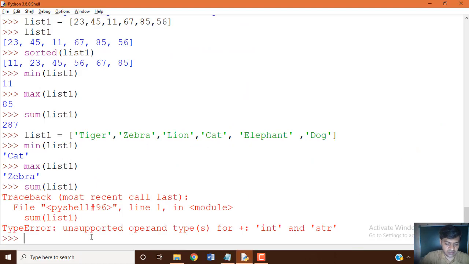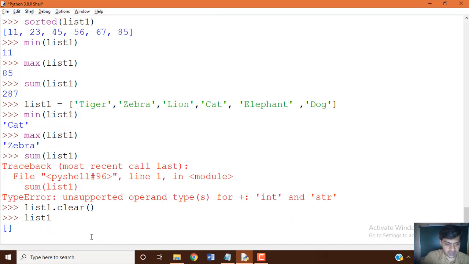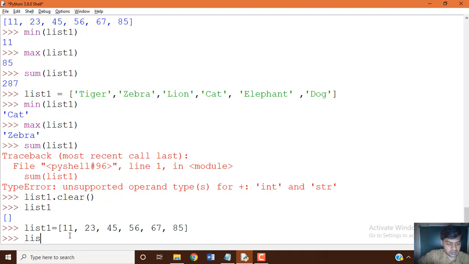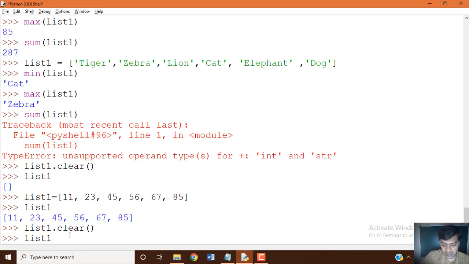When you apply list 1 dot clear, it will clear all the elements of the list variable, and it will become empty. In the same manner, list 1 equal to, let's take another example, whatever data, mixed data or integer data or floating data or tuple data, whatever you give, when you apply the clear built-in function on a list variable which contains data, it will clear all the data items from the list. Okay, if you print, it will be an empty list.